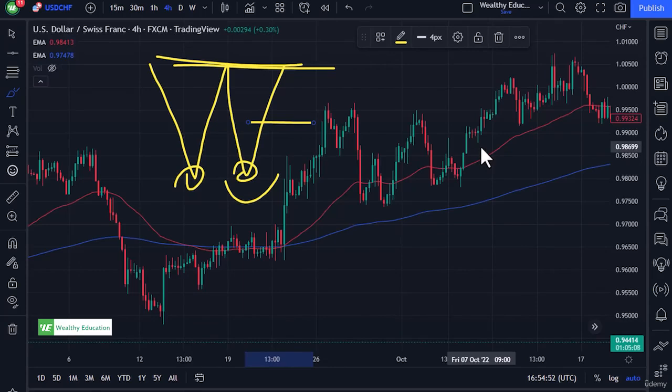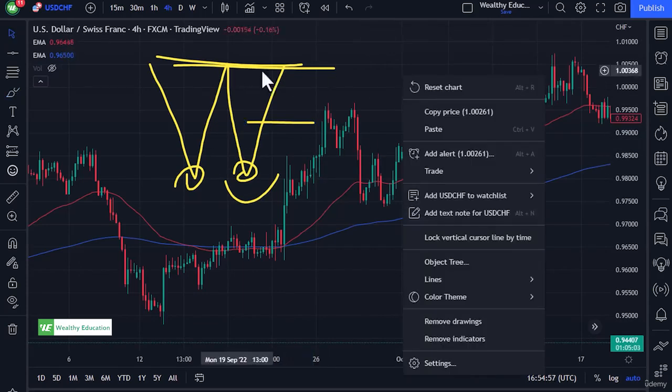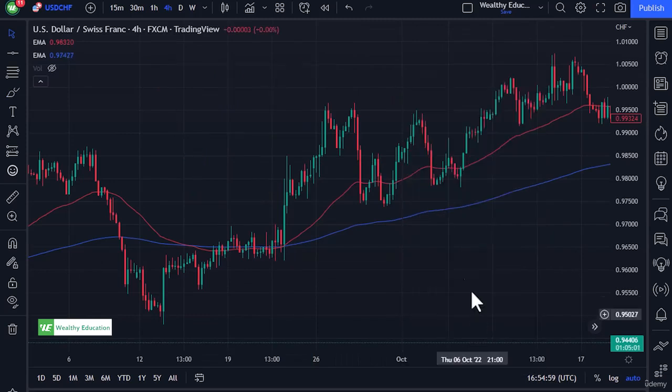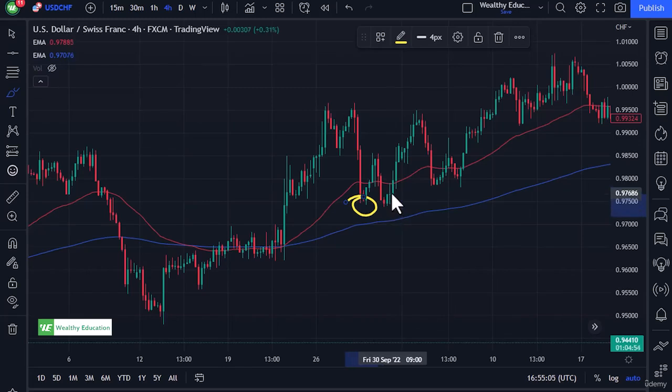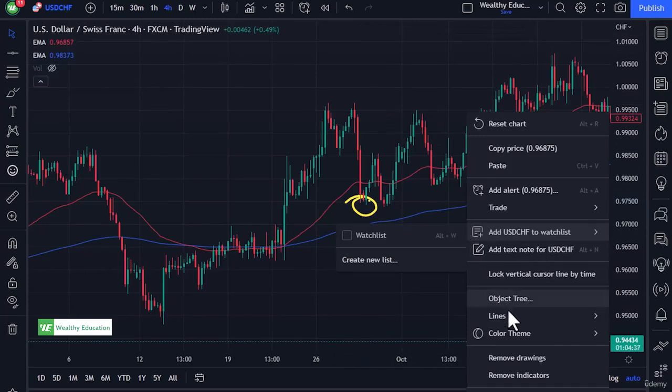But realistically, a lot of times these double bottoms kick off a much bigger move than just the height of it as well. So there are a couple different ways to look at it. You can see a double bottom right here in the dollar Swiss, and we got quite a bit of movement to the upside, right about the same height. We pulled back, formed another double bottom, and then really took off. So you can see the power of these